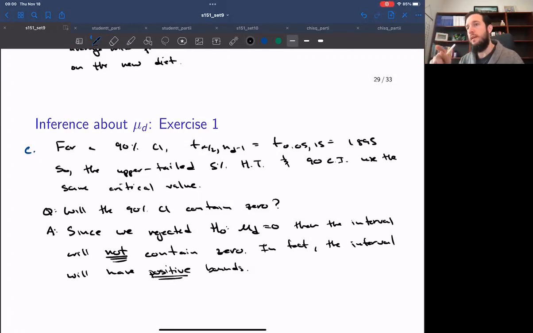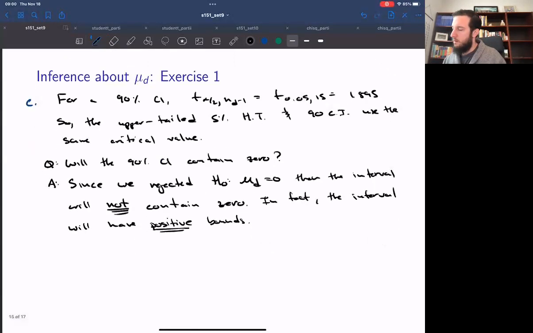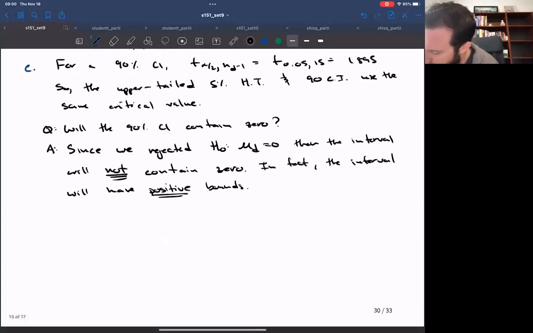Since the critical value for the interval and the test are the same, the interval is going to give us the same conclusion. So in order for the interval to give us evidence that mu d is bigger than 0, it's going to be an interval with positive bounds that does not include 0, because then the interval is basically telling us the difference is between this positive number and this positive number, which means that it must be bigger than 0. Okay, so we can verify this